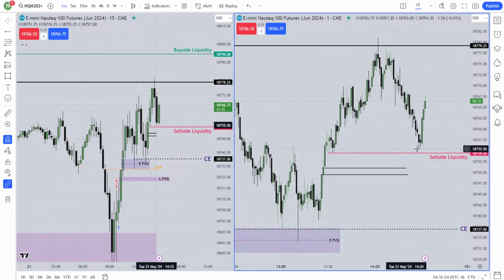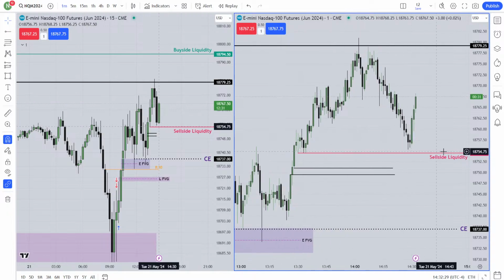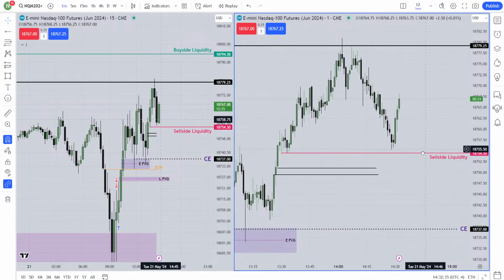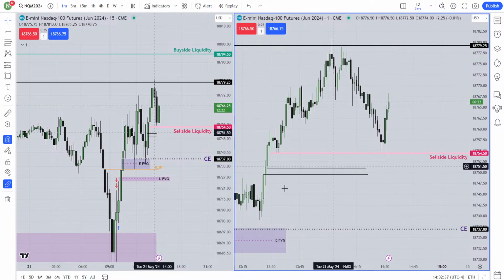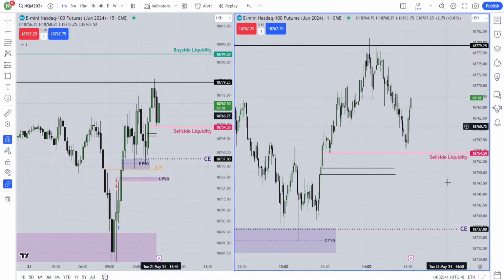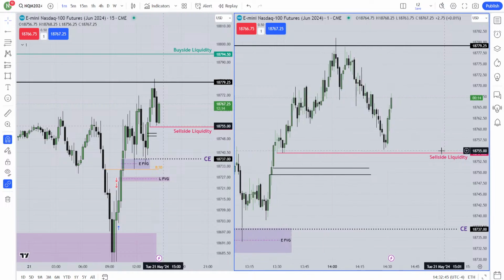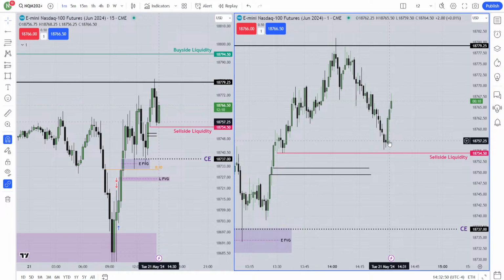But so far you can see this clean sell side liquidity from the one minute chart. It can be triggered before falling, before going higher. That is my primary expectation. I'm not bullish, I'm not bearish. I expect that the market will keep spending time over here until the 3 p.m. macro.